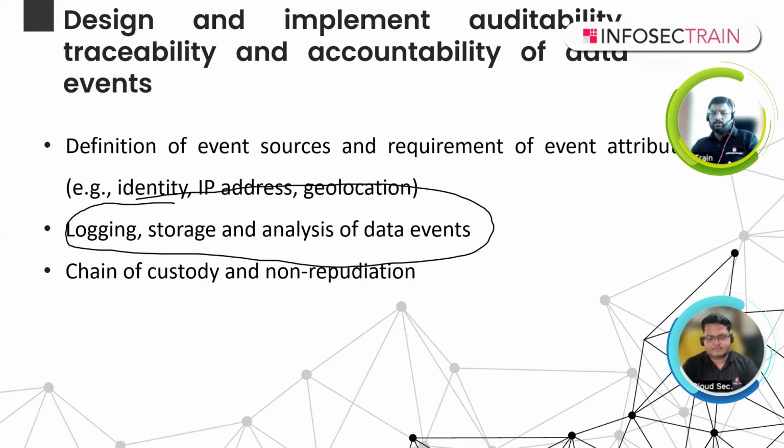Exactly. And geolocation is also frequently used in protective safeguards as a dynamic access control. A live example: when you try to access your Gmail from unknown IPs or locations, it asks for the OTP. Same with OTT platforms: you cannot access them from other countries if the content is banned in that country. So that is why these factors are very important.